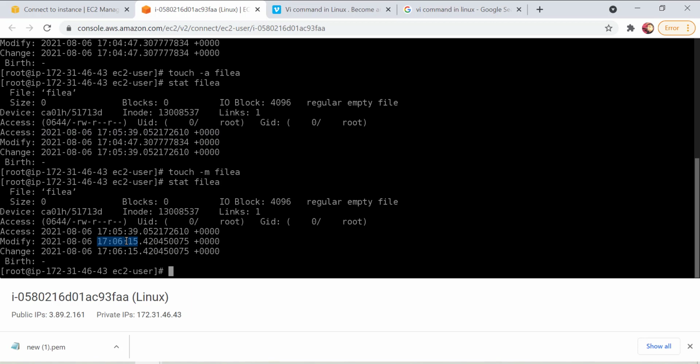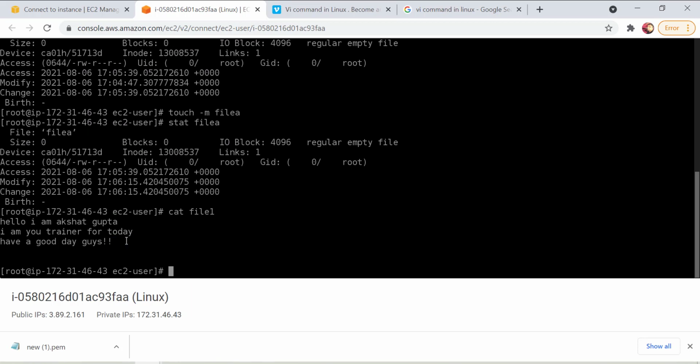Let's say cat file1. Okay, so there is some content in file1 which I created in my last lecture when I explained the vi editor. This is some additional topic: if I want to empty this file1, how will I do it? You can write > file1, this is one of the methods.